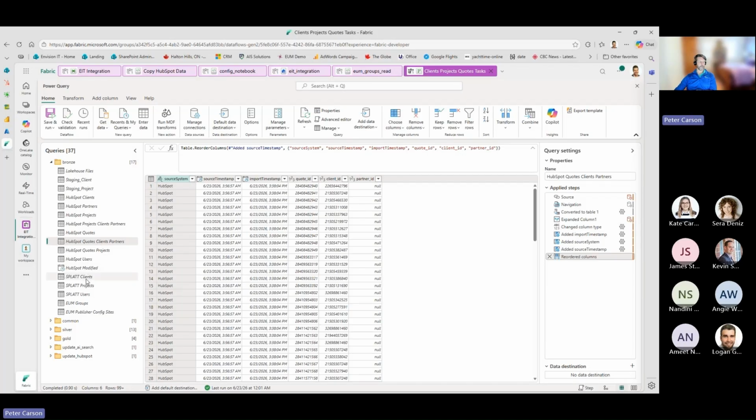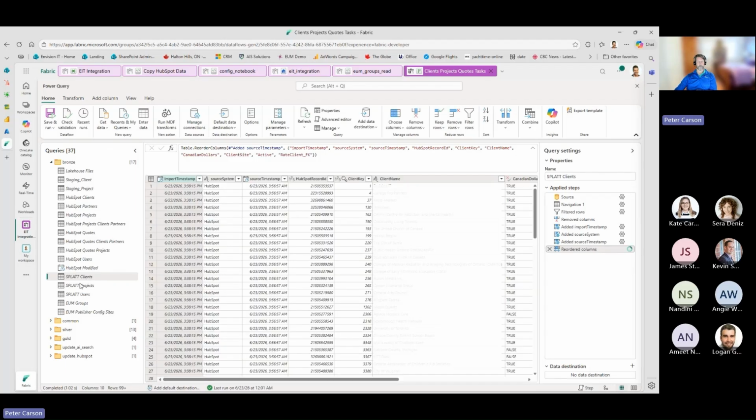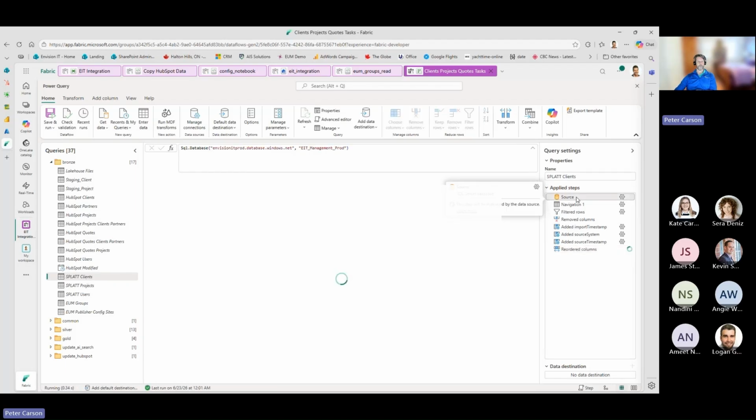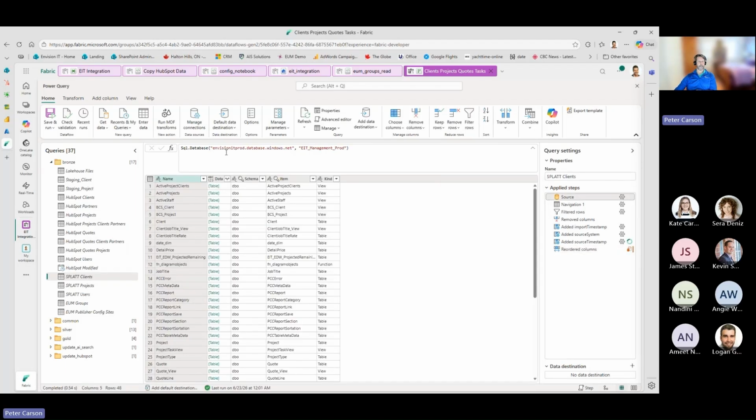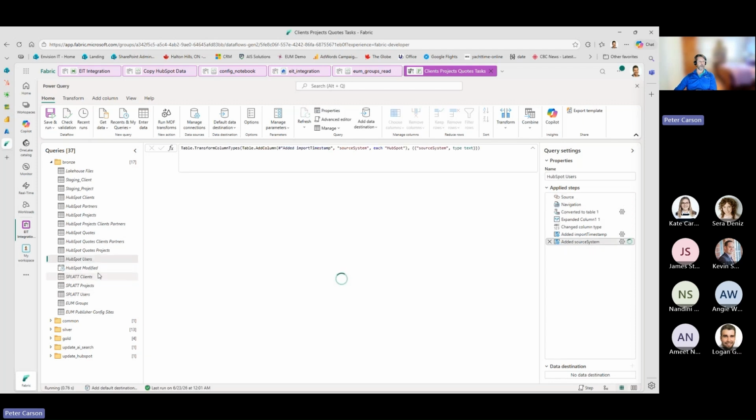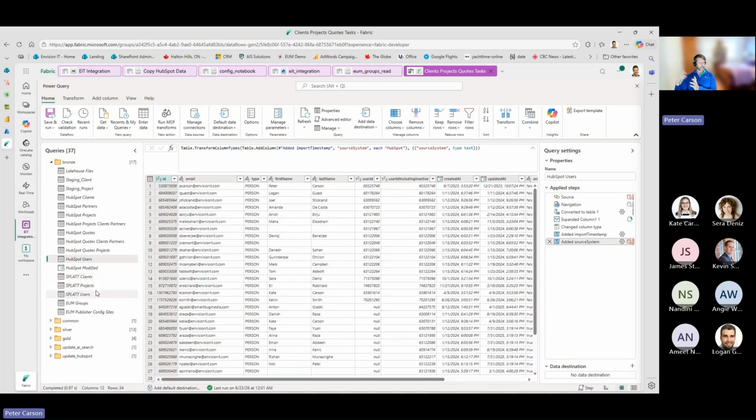Now on the Splat side, this is our time tracking software. It's a little bit simpler. We didn't need to go through the notebook because from a source point of view, I can actually point right at the database itself and pull information in through there. So I've got my actual clients, projects, users from the second system pulling in through here. So this is the bronze level. We want to pull that data together. We haven't brought the QuickBooks data in, but we do have the EOM groups information through there as well.